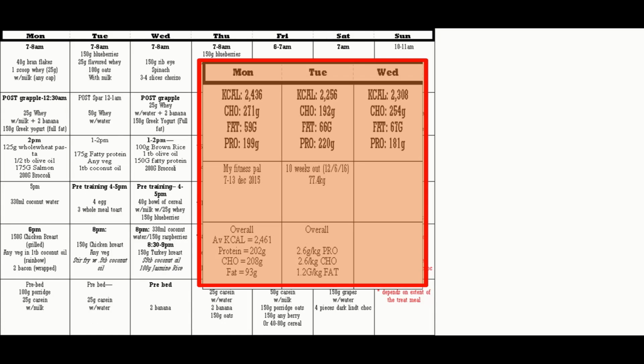Now, whilst this following slide is certainly not going to be on the exam, I thought it would be quite useful to show you, since we are talking about intake and expenditure, how, if we've not got access to the most scientific equipment, we can actually start to utilize some of these tactics and strategies with our client. And I just wanted to give you an example of something that I've used in the past with my